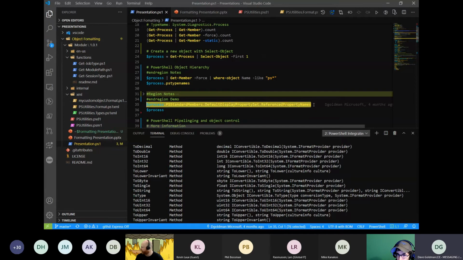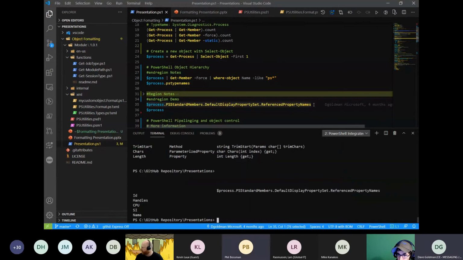The second property is the reference to property names, and I'm going to show more of a visual representation of what PowerShell is doing, but this is the default display property set. For objects that are created in PowerShell, as Mike had stated, PowerShell tries to do all the work for you.